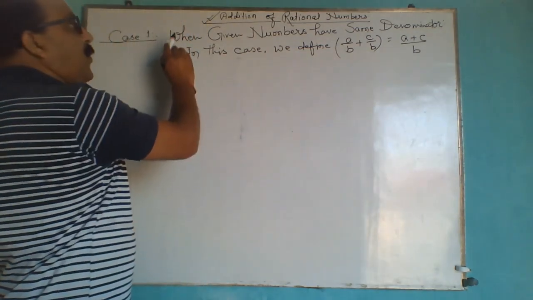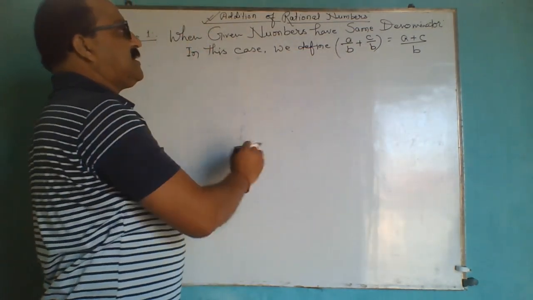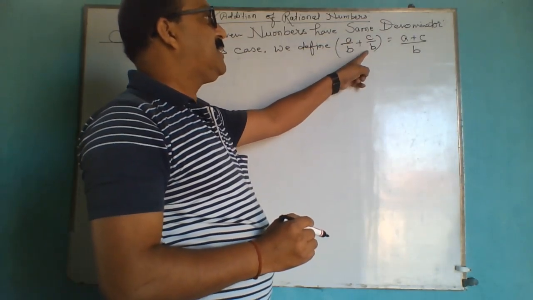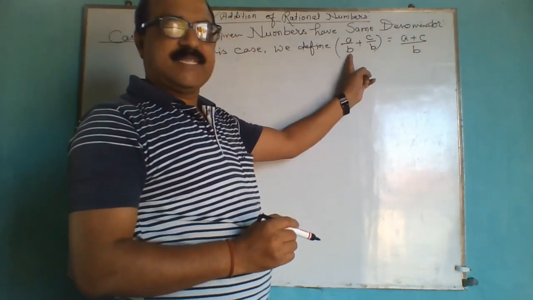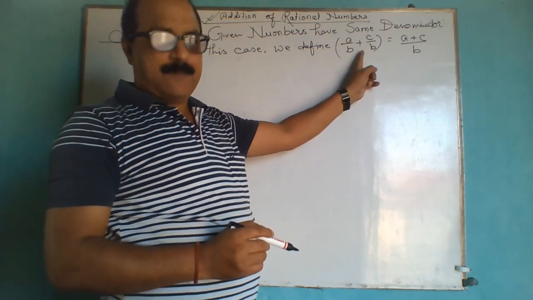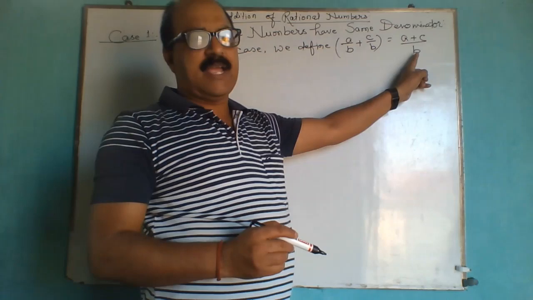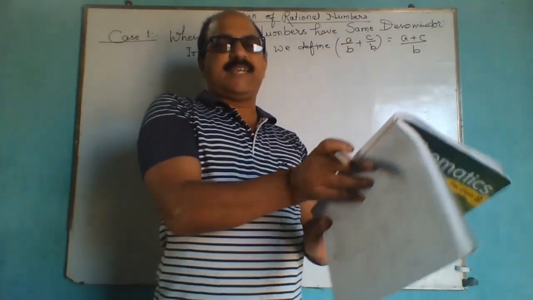Case 1: when the given numbers have the same denominator, we define a by b plus c by b is equal to a plus c by b. Here b is in the place of the denominator and both denominators are the same. In that case, the common denominator becomes the LCM. The first question of your exercise 1C